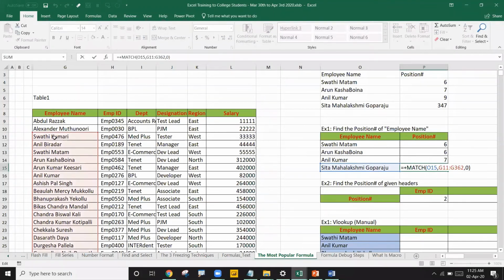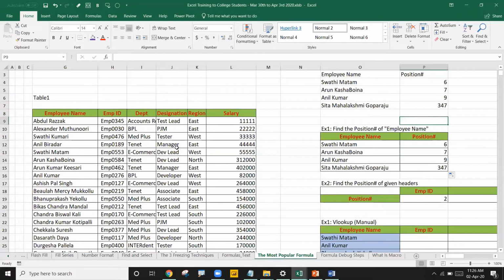That's the reason. If you don't want the range to keep changing, the range should always be constant. So after selecting the range, press F4. Make sure G8, that is column G and row number 8, and again here column G and row number 359, are visible with the dollar signs. Then only is that range completely locked. Enter, drag this down. Once I drag it down, you see this? It is giving the correct answers. Is this clear why I press F4?